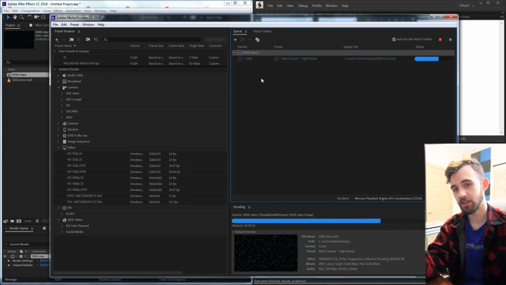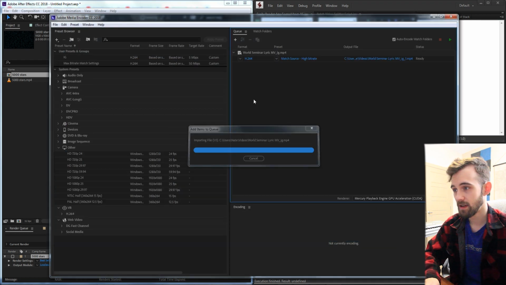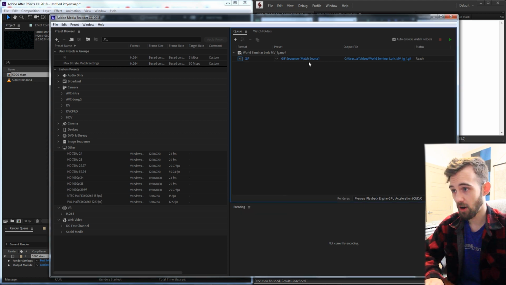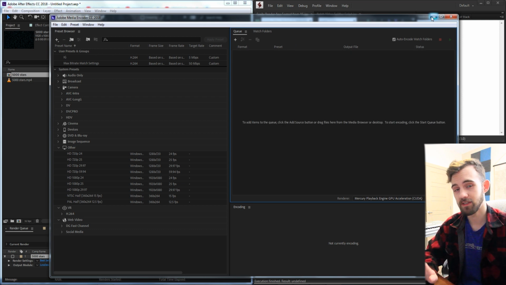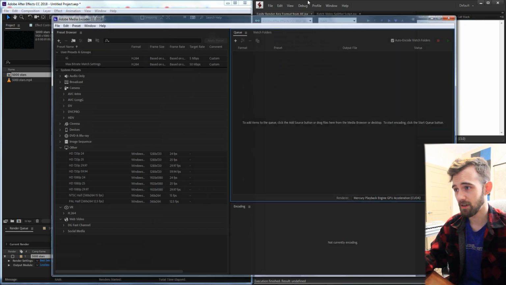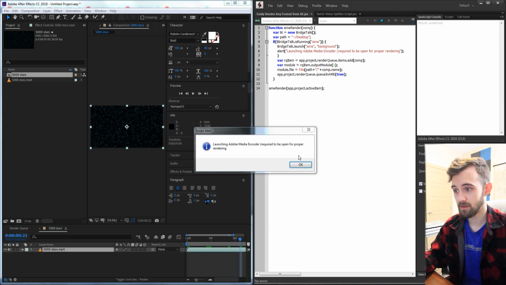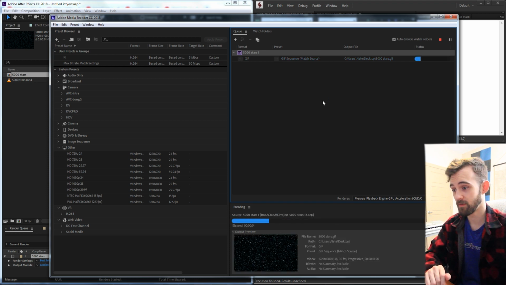So basically it's a little bit of a cheat where what we're going to do is essentially bring in an element, and we're going to select the format that we want to export using the script. So say I wanted to export a GIF, all I need to do is change it to a GIF and delete it, because now it's going to be set as the default. So if I have Adobe Media Encoder closed and I go ahead and run the script again, it's going to load up Media Encoder with the format we selected and then render out whatever video or image we give it